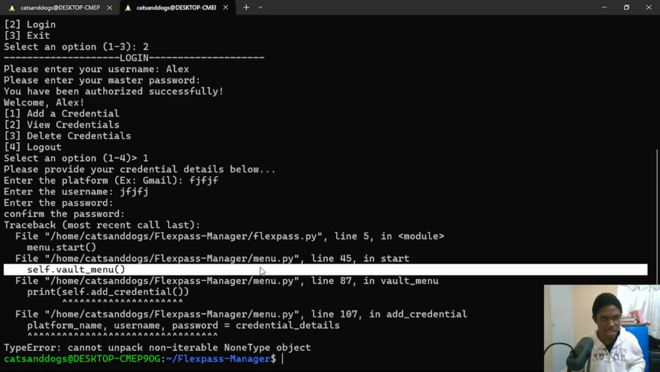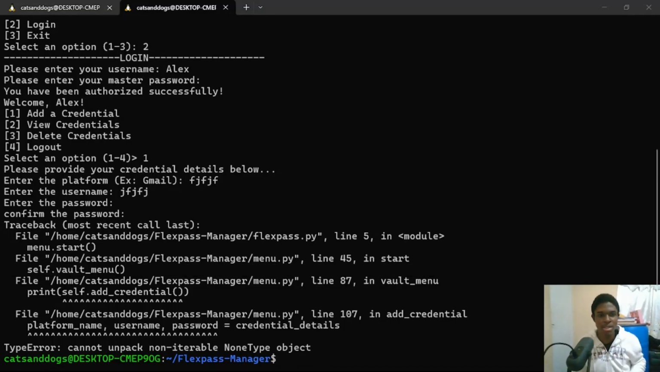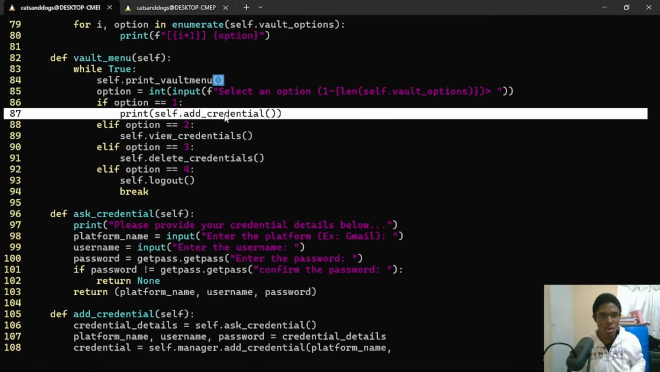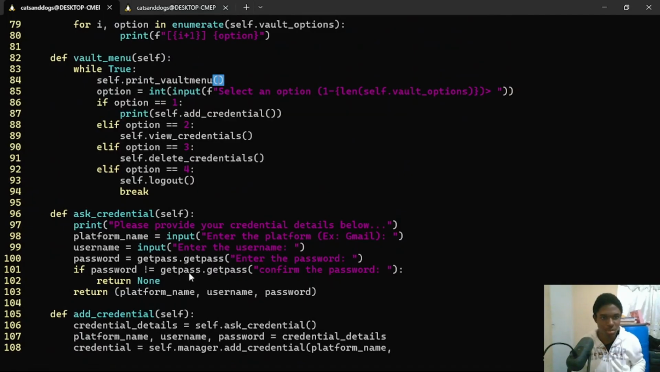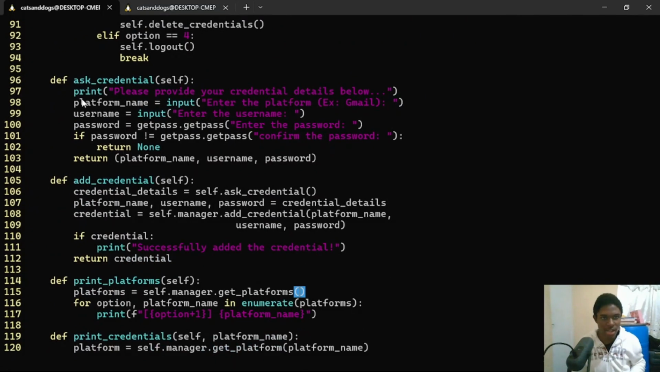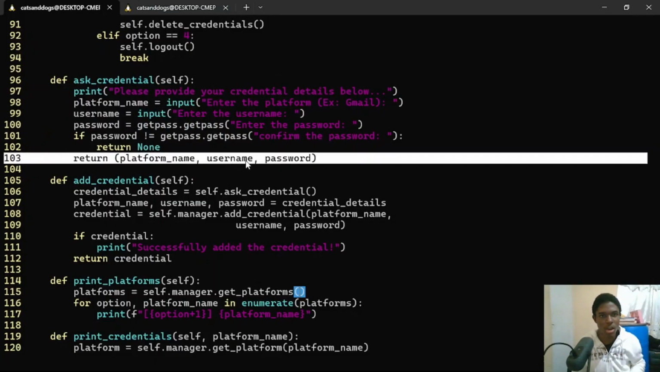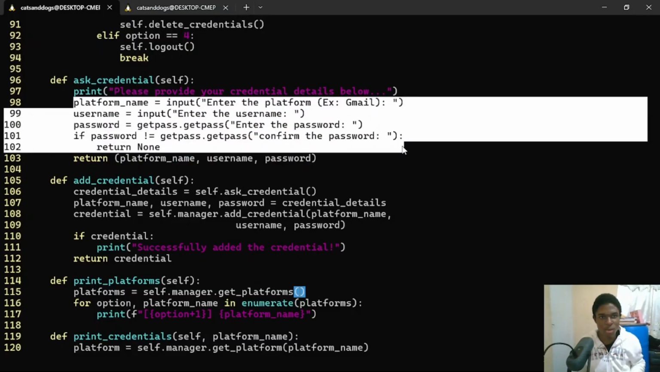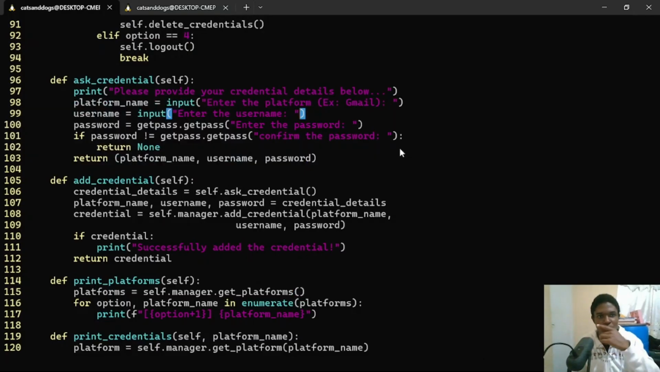So we'll need to fix this issue right here. And the reason we got this issue, guys, type error cannot unpack non-iterable non-type object, is because where we are calling our add credential function, or ask credential function, we haven't handled the return value of it. And also we will need to validate these inputs inside of our ask credential function as well, because suppose the